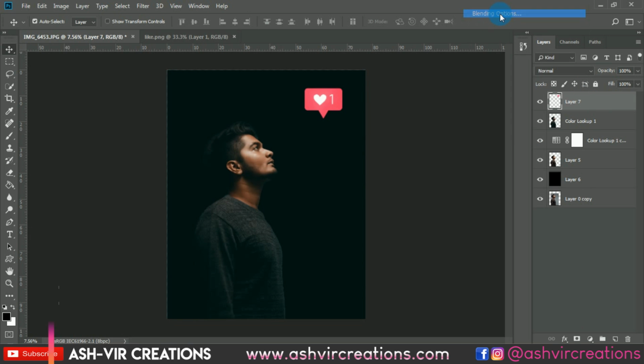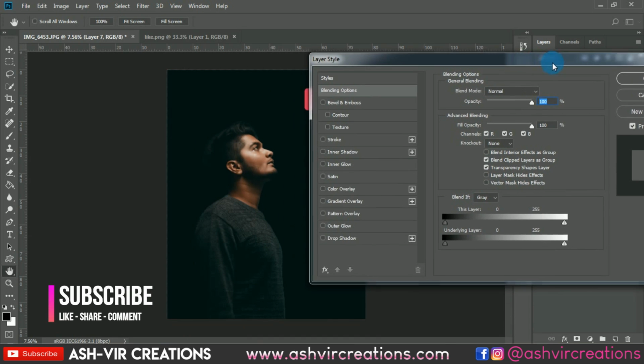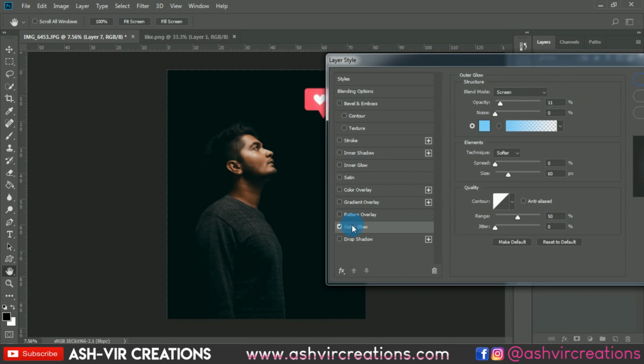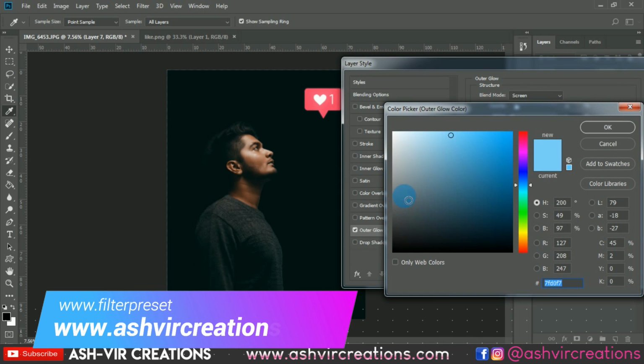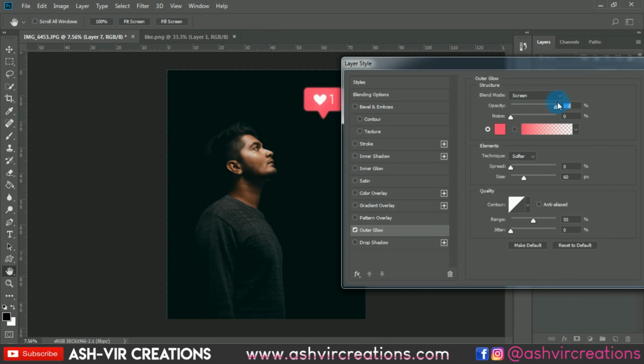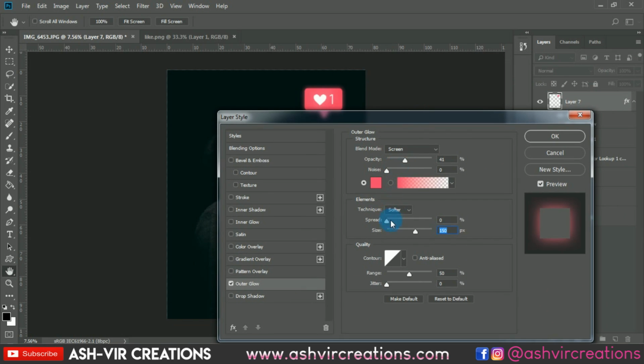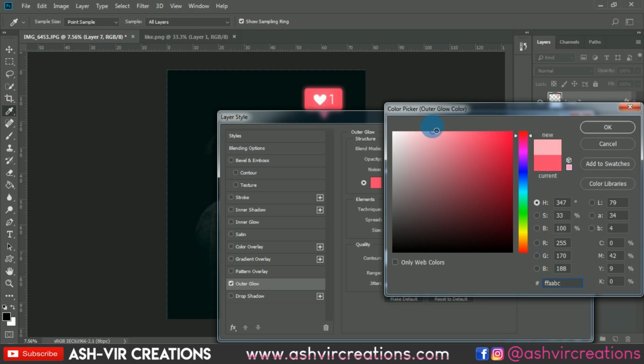Now let's right click on it and select the blending mode, and here we're gonna go to the outer glow and select a color that would be of reddish tone, and we're gonna increase the opacity, also the size and spread, and create a kind of glowing effect on the photo that will make it look more realistic and amazing.